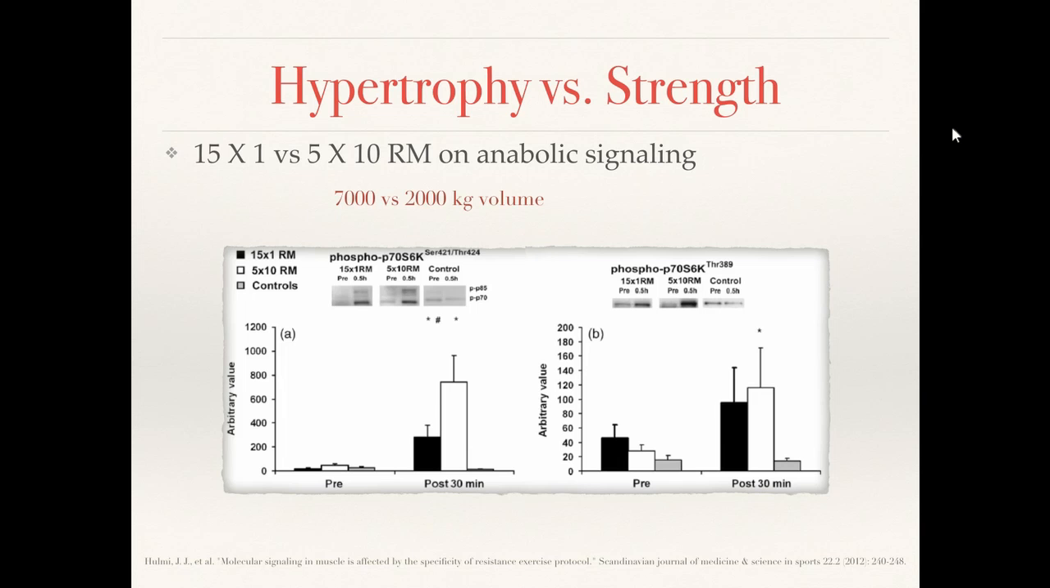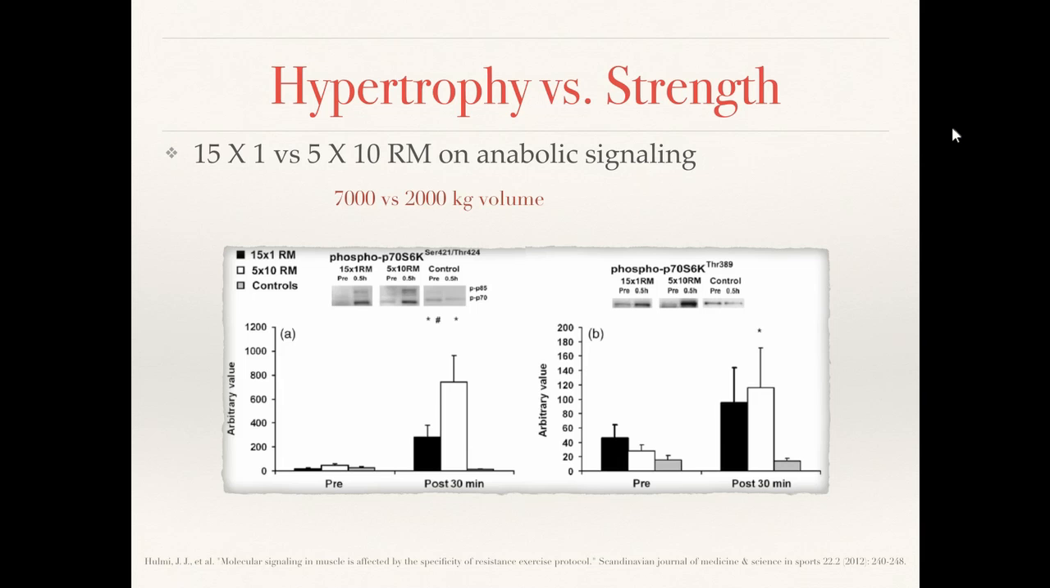And what you're looking at is P70 phosphorylation. Again, P70 is downstream of mTOR. And what you can see is that the black is 15 by 1, the white is 15 by 10. The white has greater P70 phosphorylation on serine 421 and threonine 424. However, if you look at threonine 389 on your right, which is B, you see that basically the 15 by 1 RM and 15 by 10 RM both activate